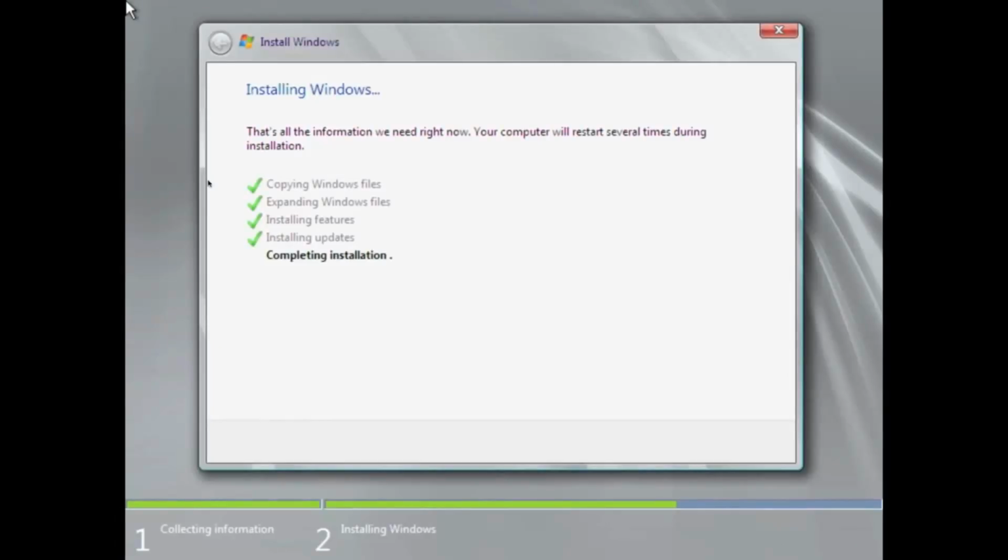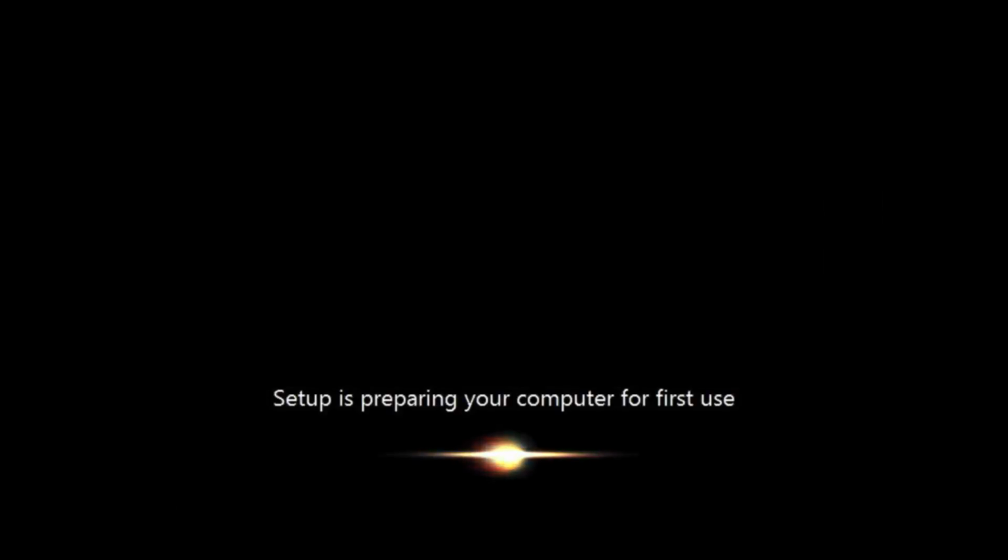So made a couple registry changes, and now back to this window again, completing installation. It's going to finish up, clean up a few things, and we should be ready to go on our version of Windows Server 2008. Okay, so we see now Windows is beginning what they're calling our first use. So we see this nice snazzy little light peeking through something or other. And here we go. Okay, so the first